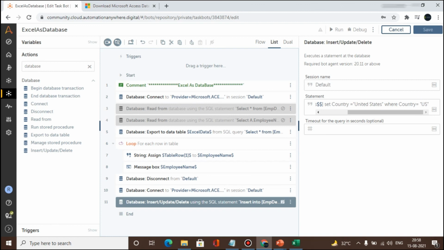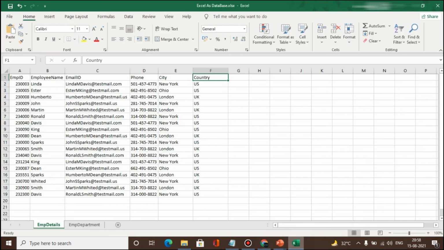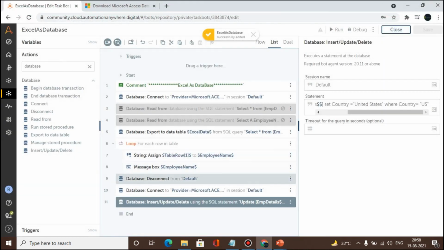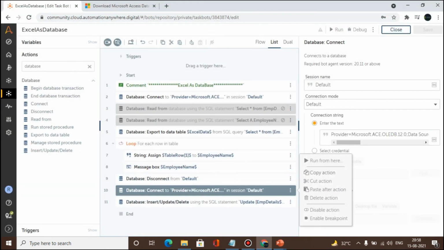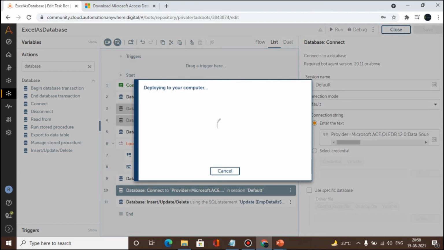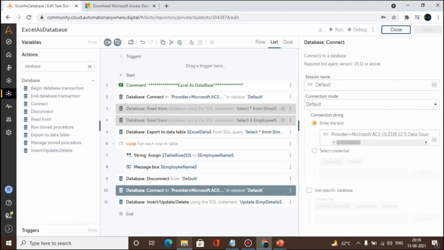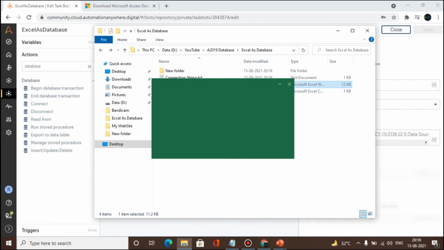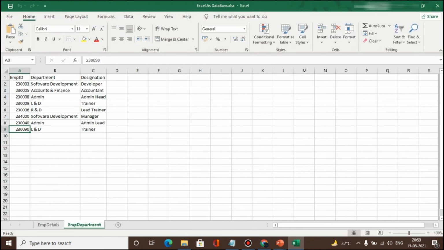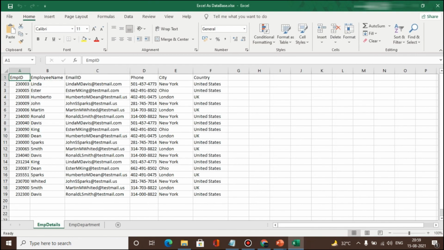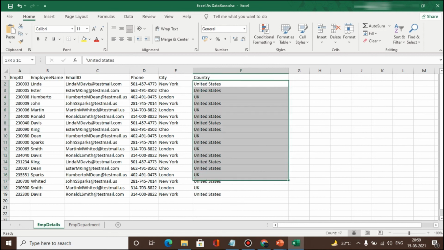Now let's see. I'm closing this. Okay, now let me open the Excel. Okay, we can see here the US has been updated to United States.